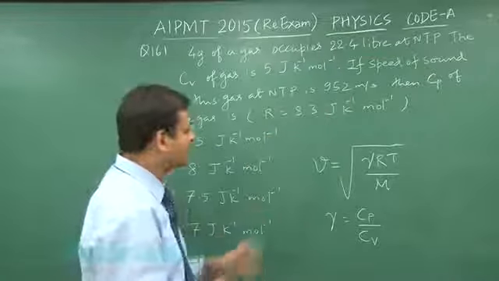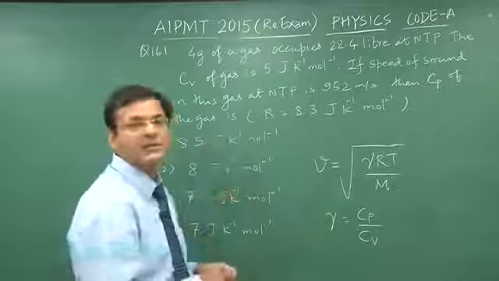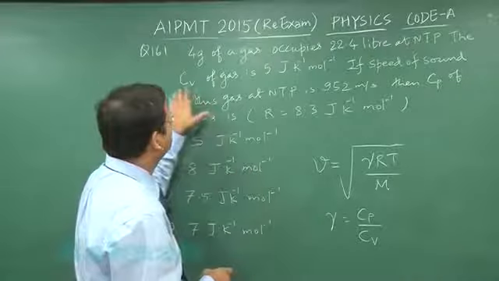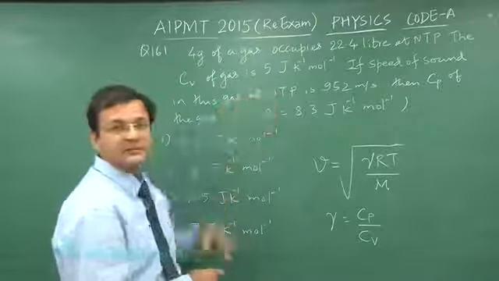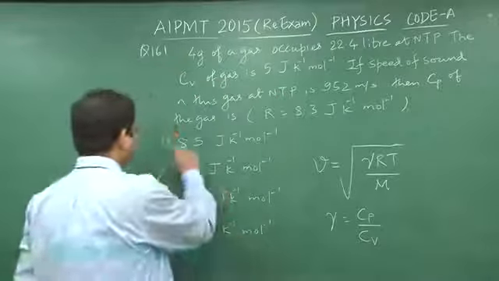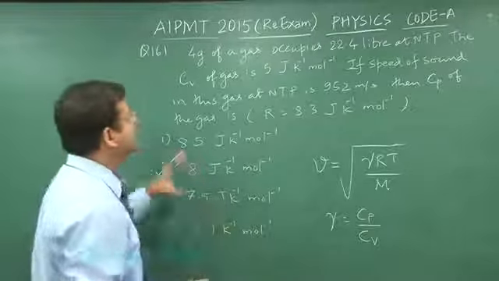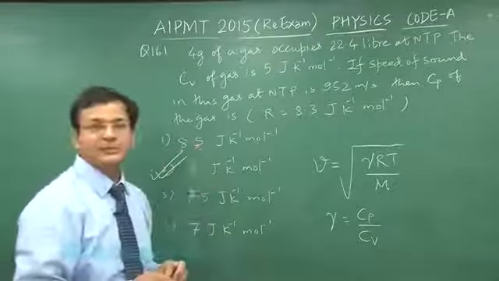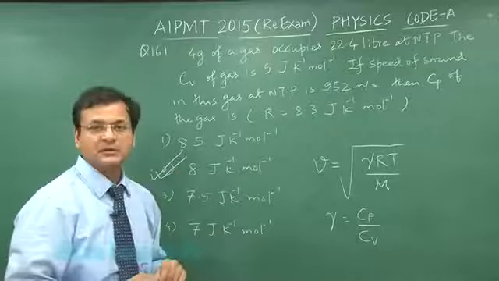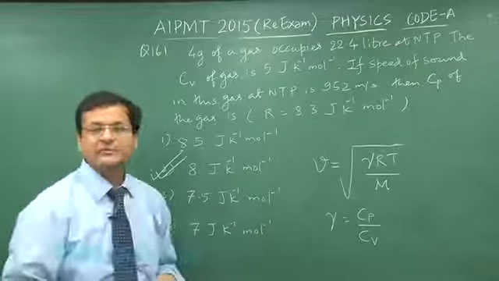If you calculate gamma, that will come approximately 1.6, and then once you multiply it by Cv value, specific heat at constant volume, 1.6 multiplied by 5, that will be 8. So the value of specific heat at constant pressure for this particular question will be 8 joule per Kelvin per mole. This is the second option, the correct one. Switch over to next question 162.